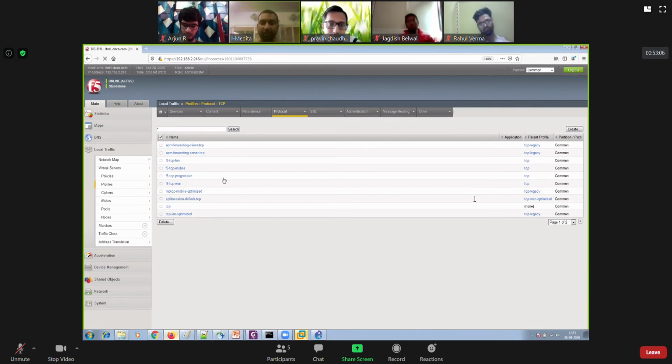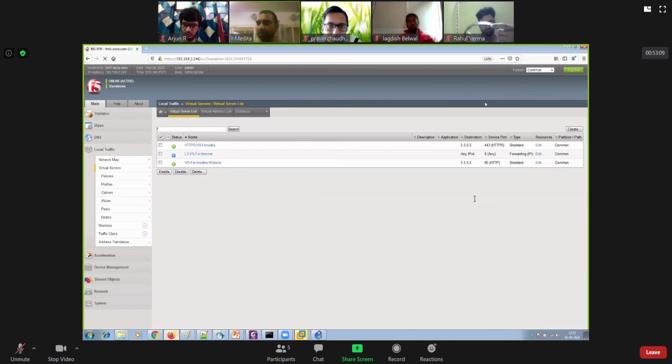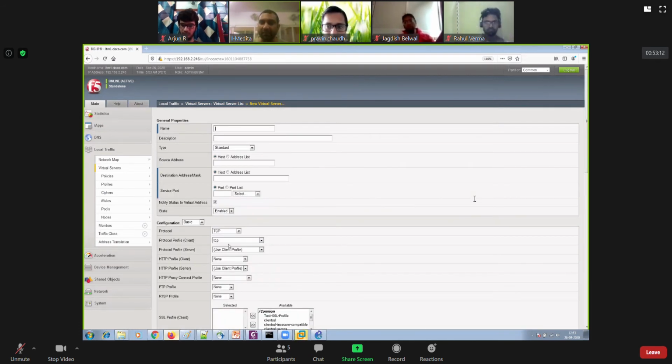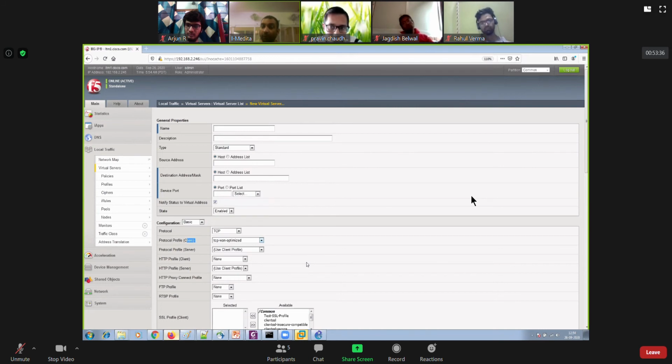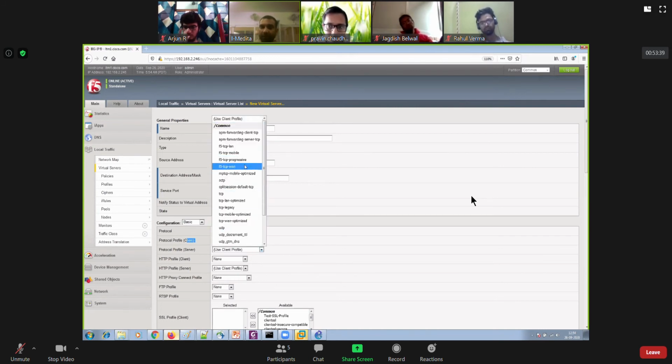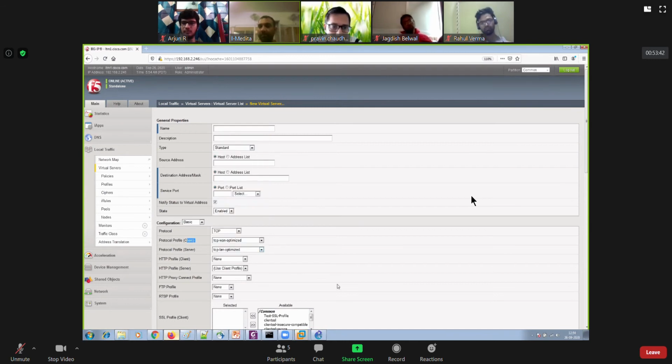It is also possible, and in fact, by default, it is the same. When you create any virtual server, like a standard virtual server, you can see by default for the client it has selected TCP, and for the server it is saying use client profile. So whatever you have applied for the client will be applicable for servers as well, right? By default it is that way. However, as I mentioned before, if you are creating a standard type of virtual server, we should always prefer to utilize TCP WAN optimize for your clients and TCP LAN optimize for your servers.